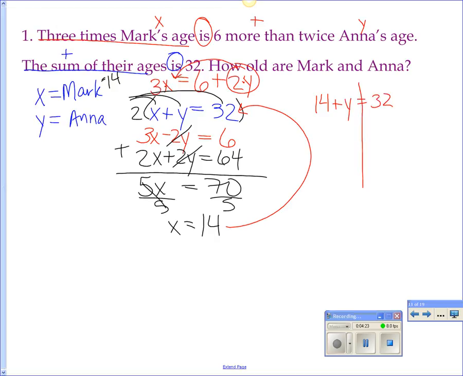Madison, what would I do next? Good. Can I take 4 away from 2? No, so I have to borrow. So this becomes a 2, that becomes a 12, and you get 8 and 1. So you get 18. So Anna is 18. Questions? Okay,